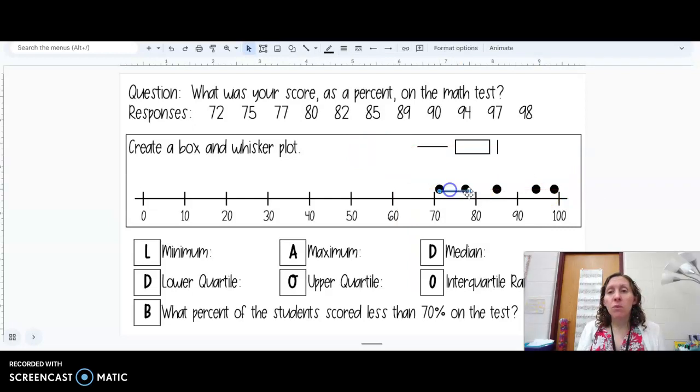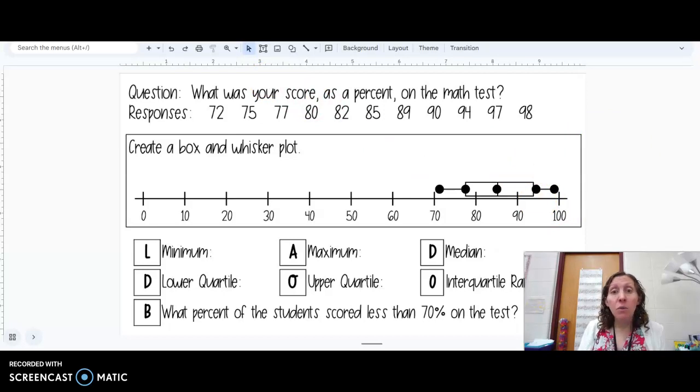So the whiskers would connect those dots on the outside. So I like to do those first. Then the box connects those dots with the whiskers. And then that final line goes at that middle dot, which is the median. All right, so again,